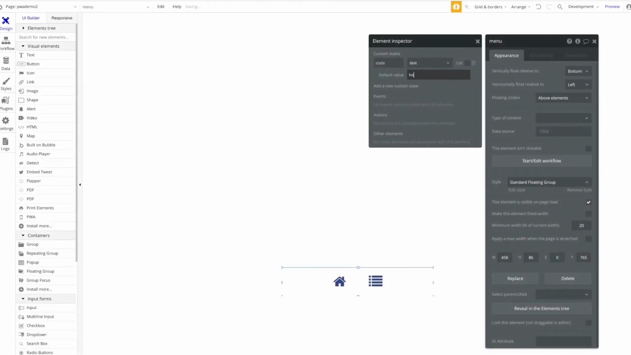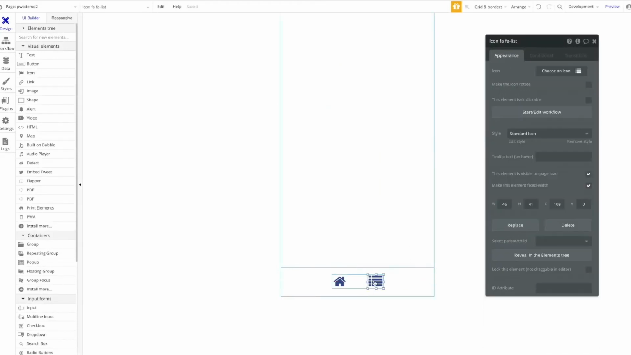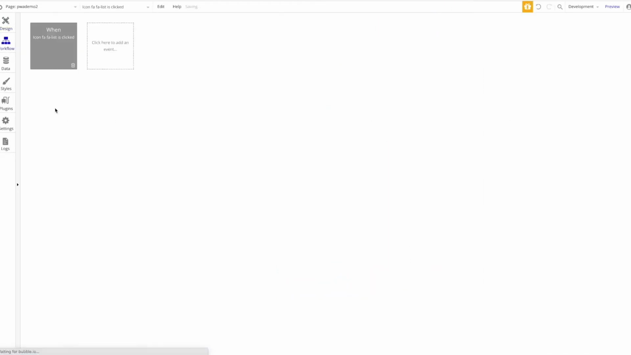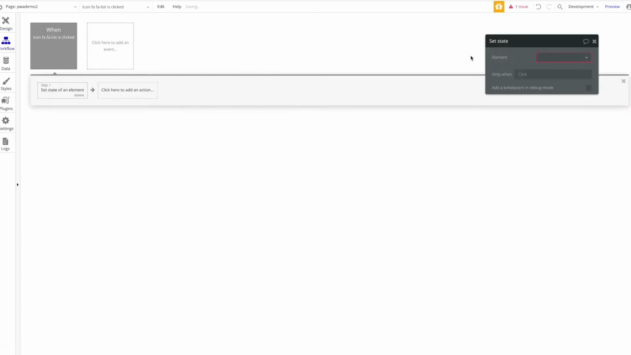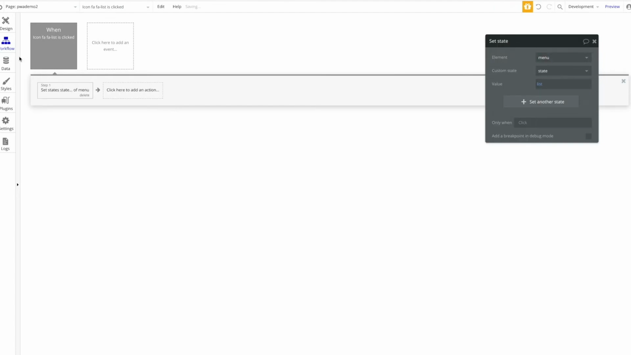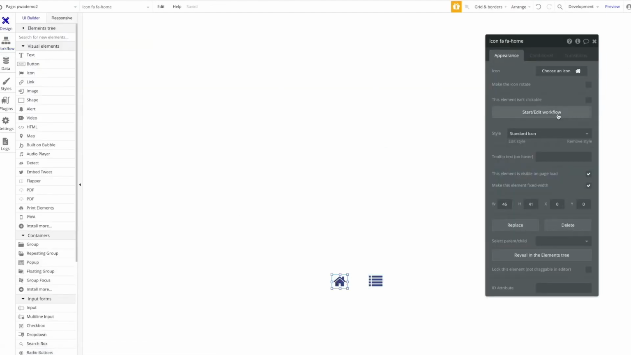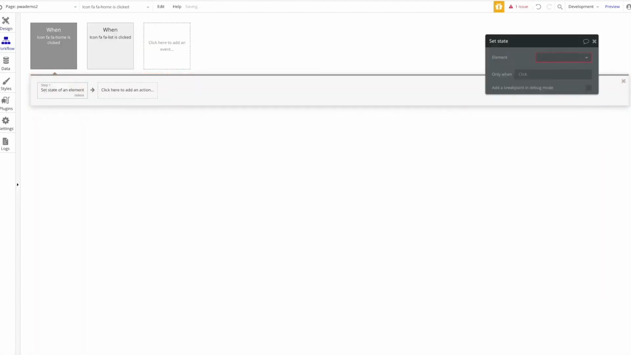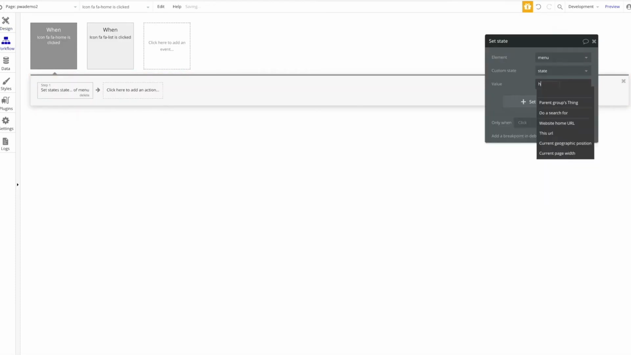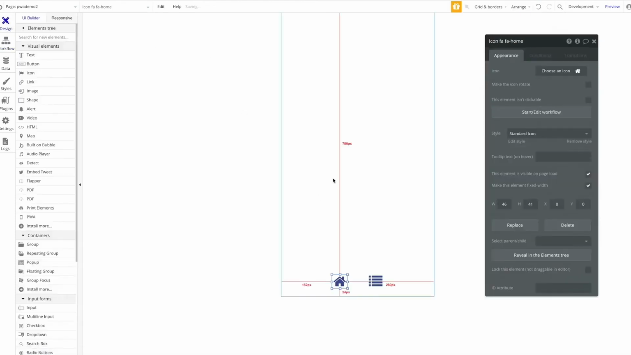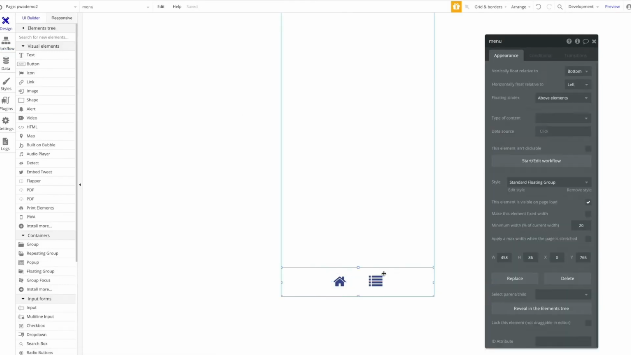Maybe the default state should be home. And when the list icon is pressed, we want to change the state of our menu to list. And if the home is pressed again, we want to change the state to home again. All right. So as you saw, it just took a minute to build a simple tab bar here, just like in